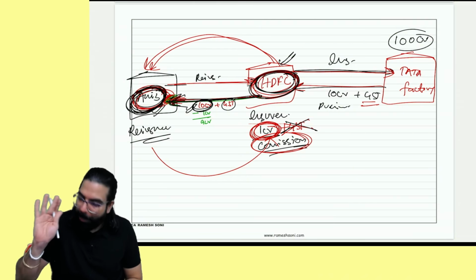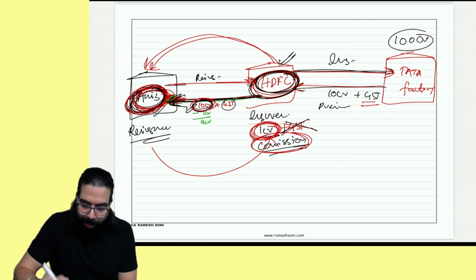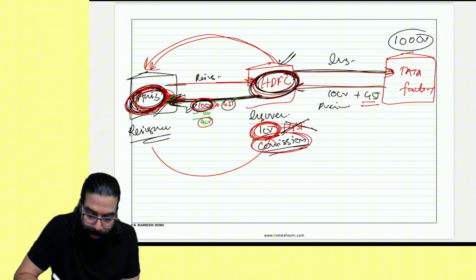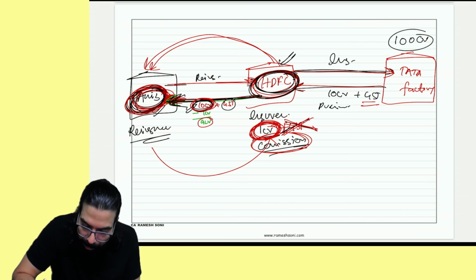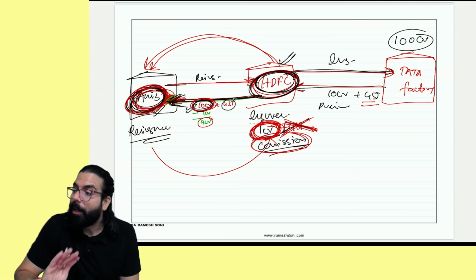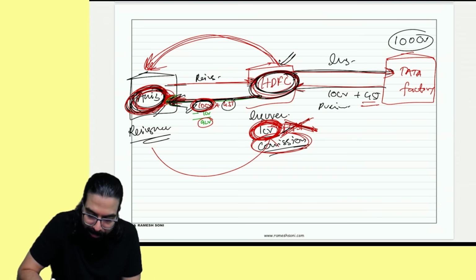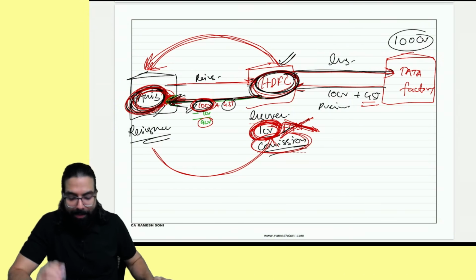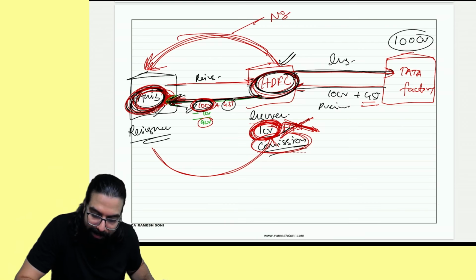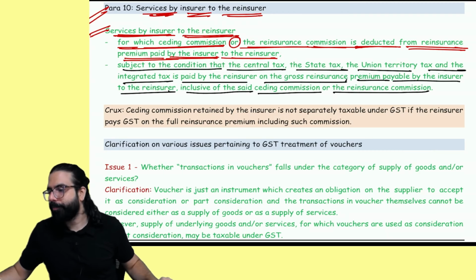Okay. So you have to remember, everyone, he will have to pay GST on the entire premium which is there. He will not pay GST on 9 crore. He has to collect GST on 10 crore. Then on this 1 crore, there will be no GST. On the commission amount, GST will not be collected. Basically, HDFC has given the business for which HDFC has collected 1 crore. On this 1 crore, there will be no GST. This will be neither goods nor supply of service. I hope this point is clear. Yes, sir, point is clear. So let's go ahead.